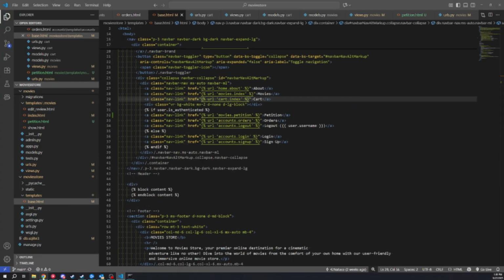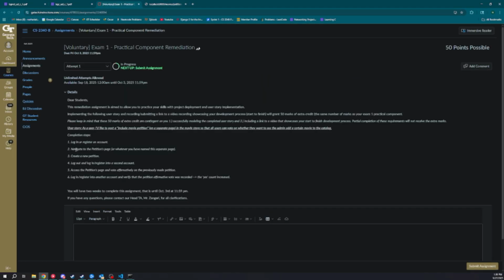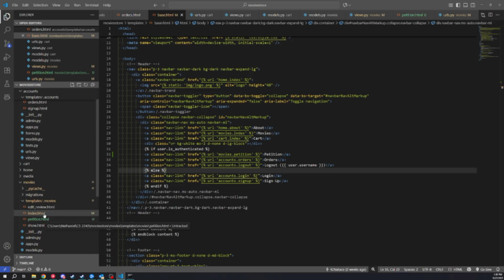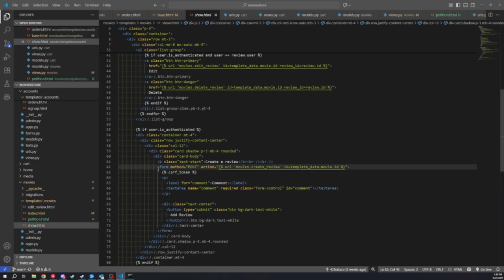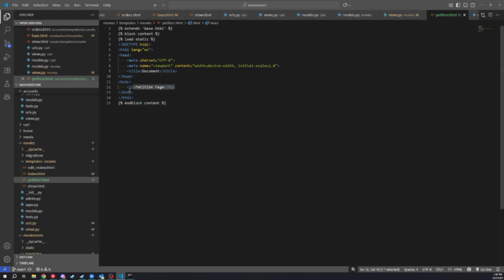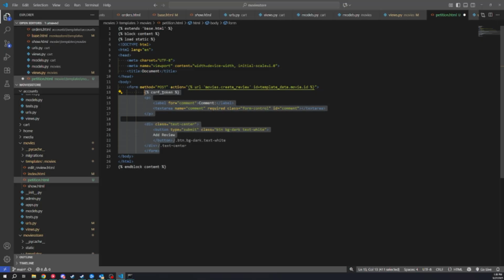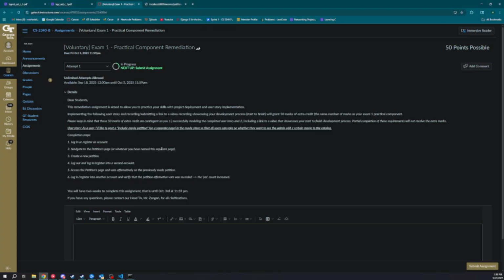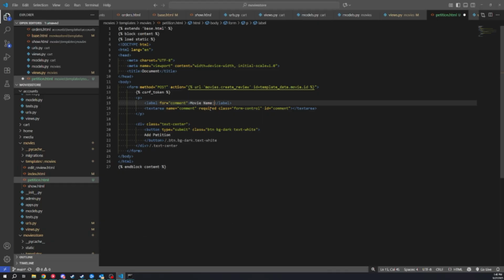So now the next step in order is probably to create the form to create the petition. So we can basically borrow a lot here, really from the create review. So if we go to the show, we can use the form and just change the text. As for what information you have to give it, I think in this case we're just going to have it give a name, because the admin will be the person to do the rest of it, but we'll also